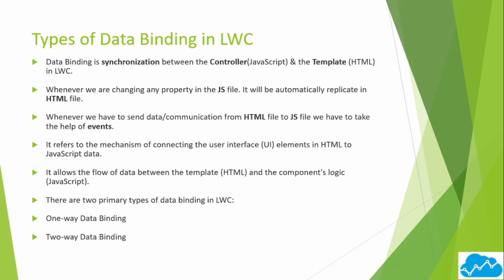Whenever we have to send data or establish communication from the HTML file to the JavaScript file, we have to take the help of events. So when we communicate from the HTML template file to the JavaScript controller file, we use events. It refers to the mechanism of connecting user interface elements in HTML to JavaScript data. It allows the flow of data between HTML and component logic. There are two primary types of data binding in Lightning Web Component, that is one-way data binding and two-way data binding. So let's see